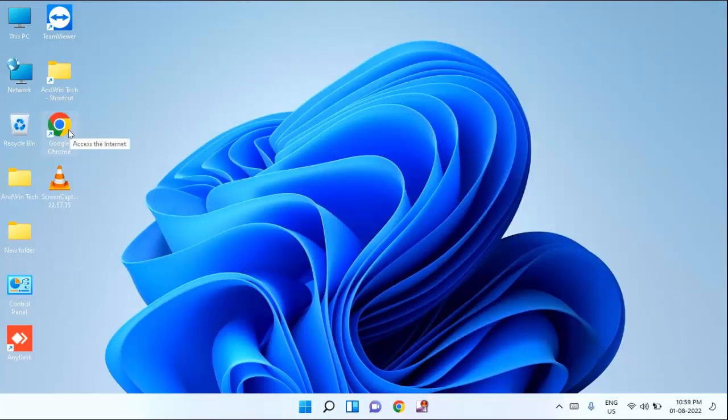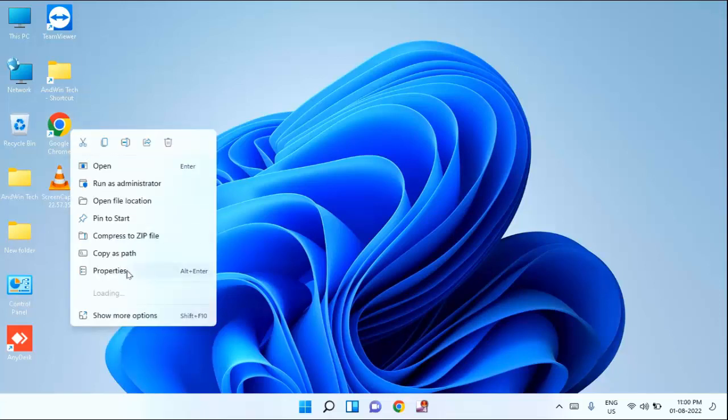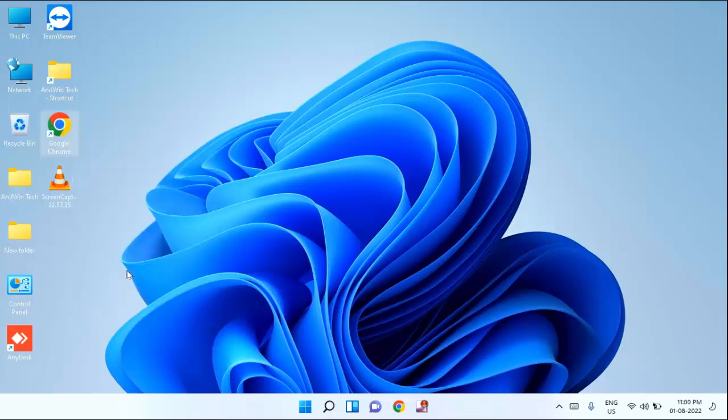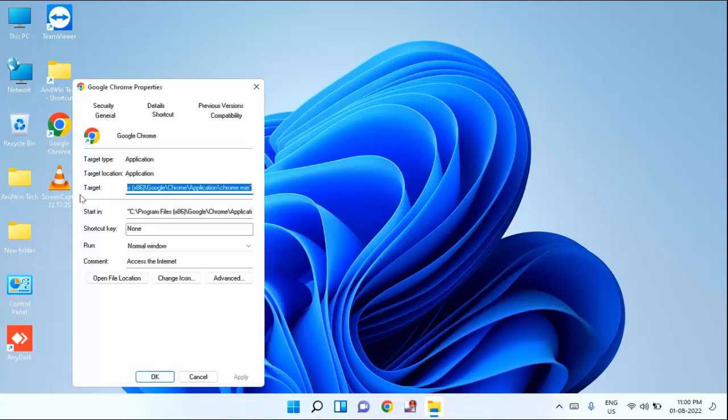Right click on your Google Chrome icon. Click on properties. In this you can see here target. Just go to the last and give the space. After that you need to type